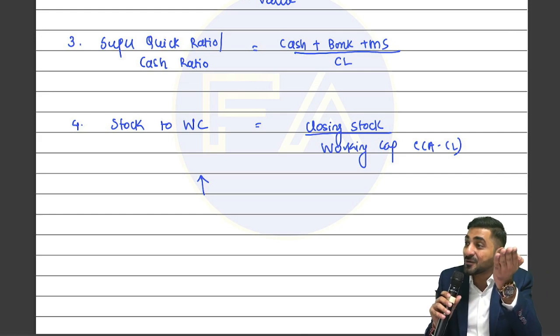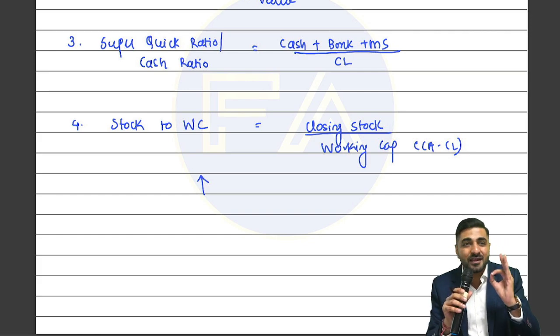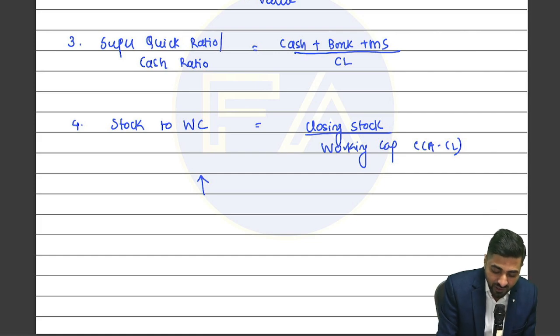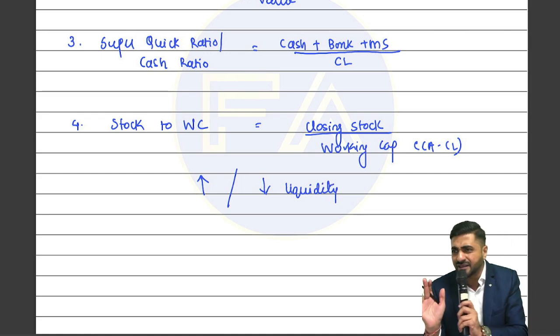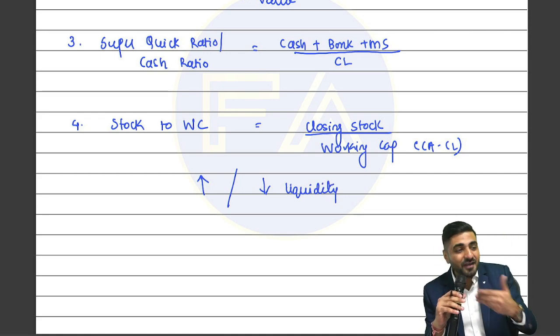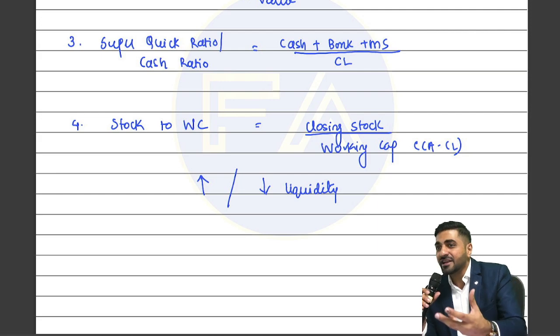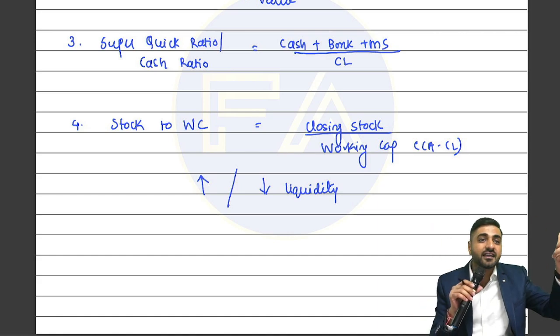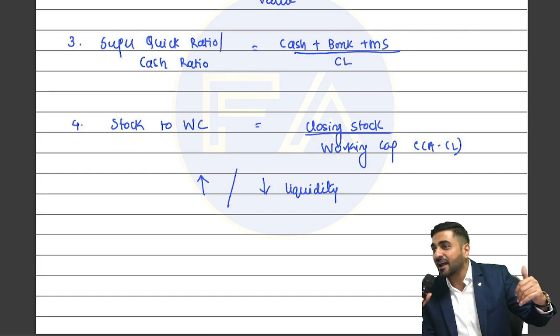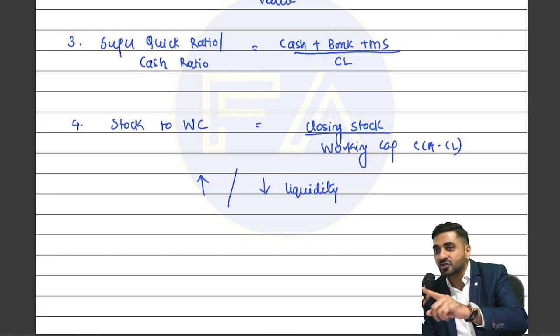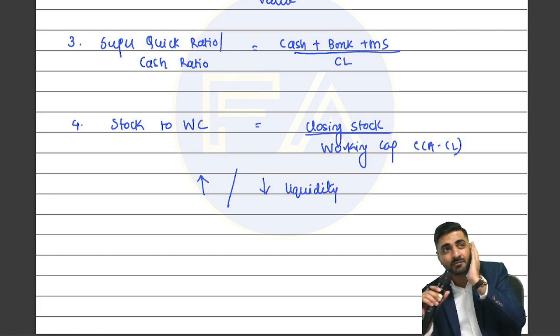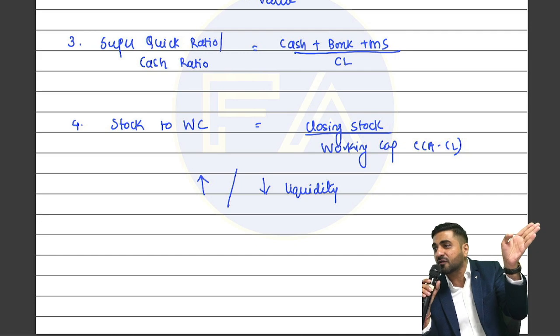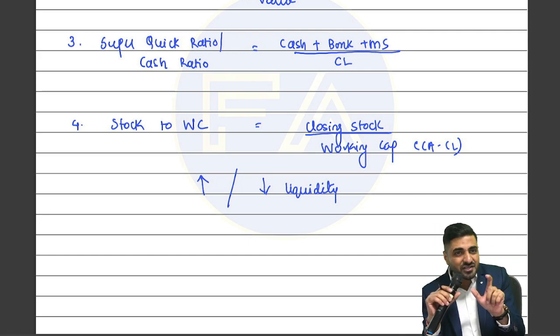So the higher the stock to working capital, can I say lower is going to be the liquidity? Yes. So if the stock to working capital ratio is higher, it means that liquidity is going to be lower. Do you all agree with this? Now, why are we discussing all these things? Because some ratio interpretations are asked in the MCQ as well. If suppose this ratio is higher, then what does it imply? They can give you a variety of options, and one of the options you should know is that if the stock to working capital is higher, so much of the money in working capital is blocked in the form of stock. That is why the liquidity position of the company will be lower.